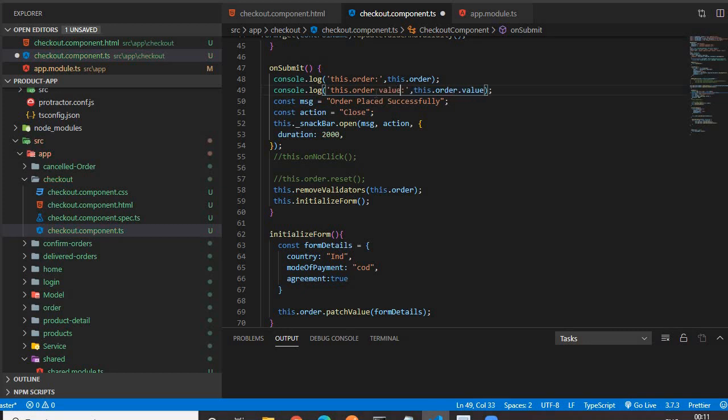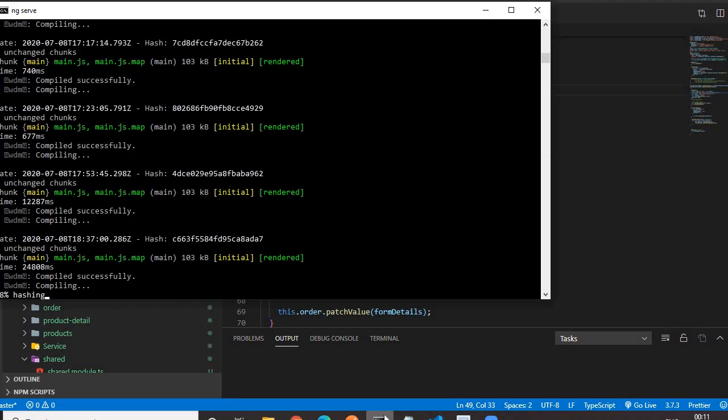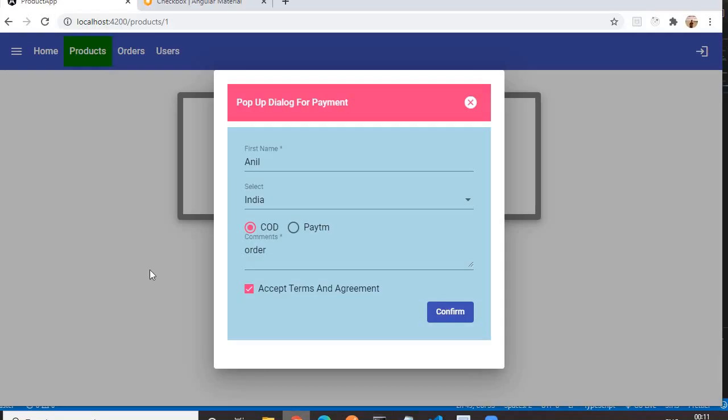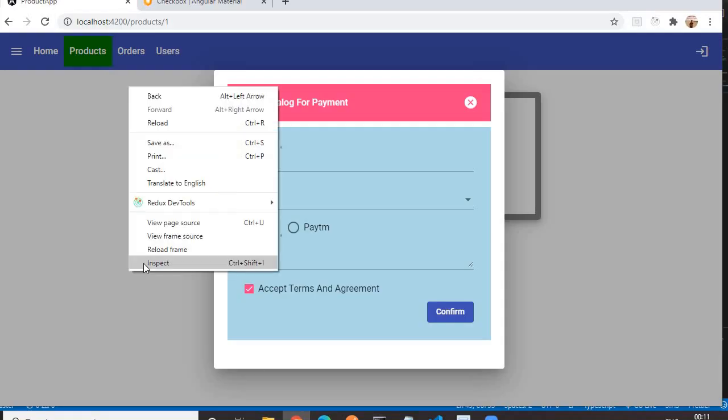Let me save it again. It will take some time to compile. In between, let me open inspect element.